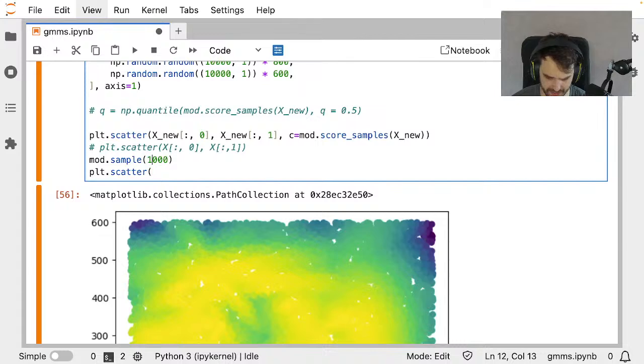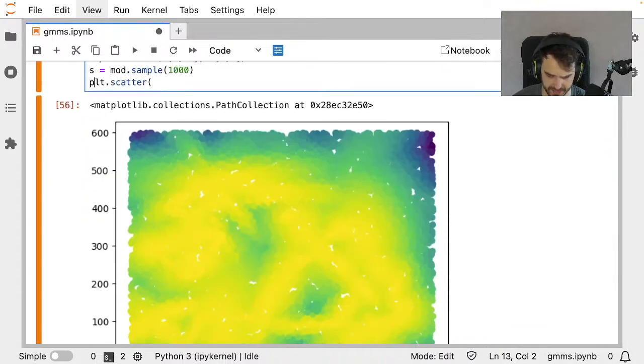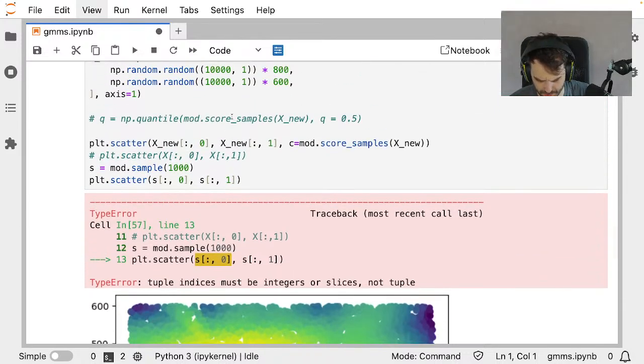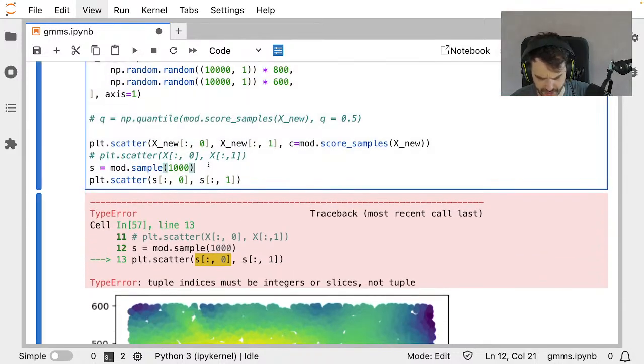And let's call that S because we are sampling, and S, we want to select the first column, and then we have S, and we want to select the second column. Just thinking out loud. Did I not do that the right way?